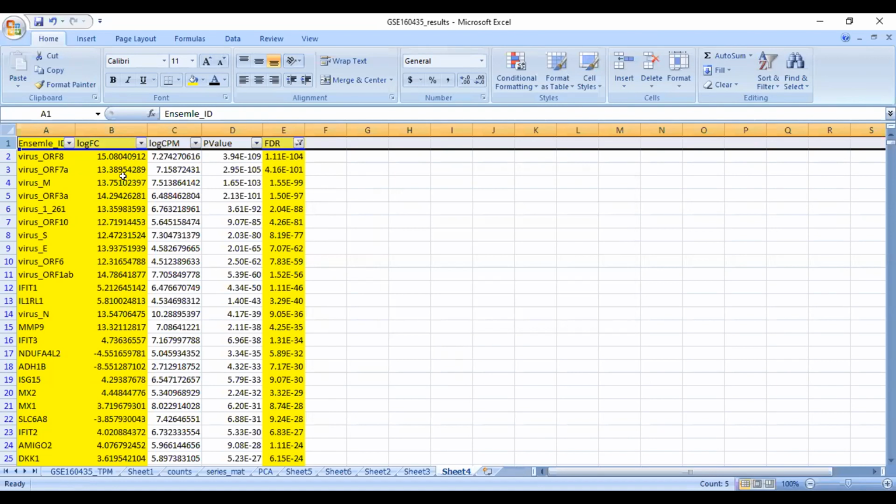Right? Then you need to understand which genes are getting upregulated or downregulated. The important criterion to consider for that is log FC. If the log FC value is positive, that is upregulated. If it is negative, it means downregulated. Again, in literature, a fold change of 1.5 is considered as a cutoff, right? So this is something that we need to understand when we are doing this analysis. This is how we can identify upregulated and downregulated genes.